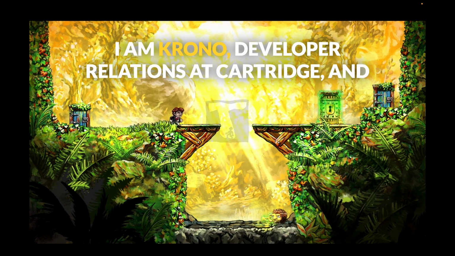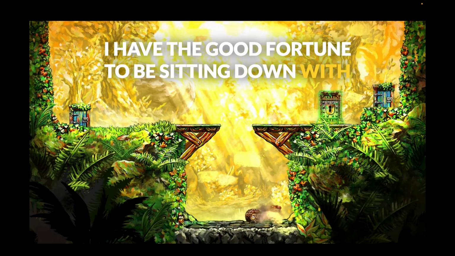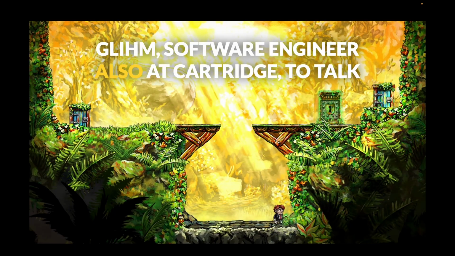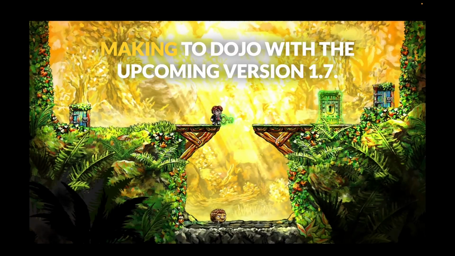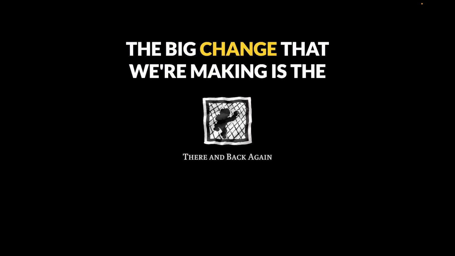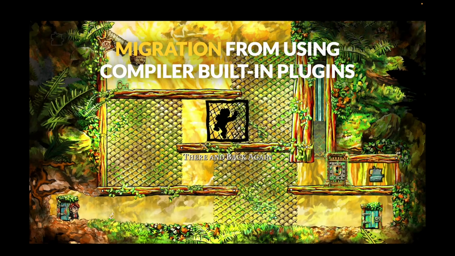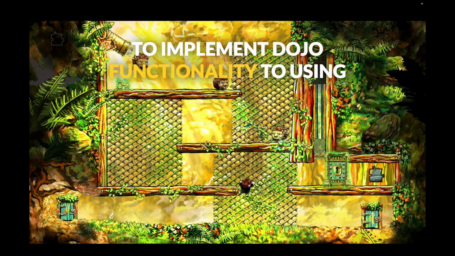I am Krono, developer relations at Cartridge, and I have the good fortune to be sitting down with Glihm, software engineer also at Cartridge, to talk about some really exciting changes that we've been making to Dojo with the upcoming version 1.7. The big change that we're making is the migration from using compiler built-in plugins to implement Dojo functionality